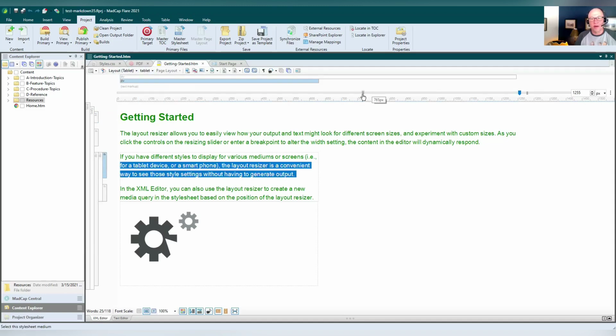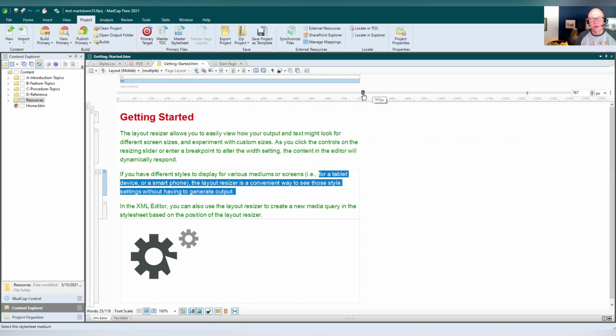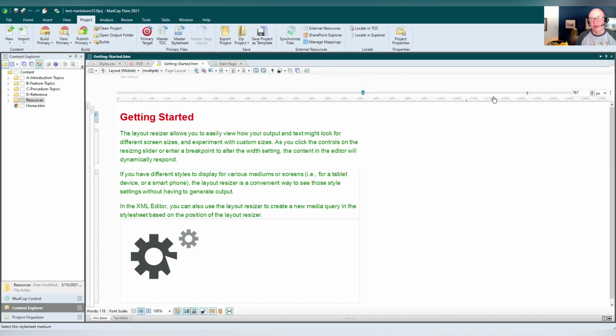Now, if I come down here and I click at the mobile breakpoint or somewhere below, this is going to change to mobile. But this also will show check marks next to all the styles, all the media queries where styles come into play. So here it's selecting not just mobile, but tablet as well, because in this example,